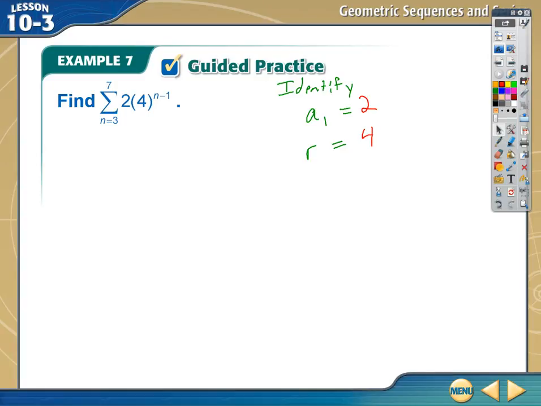Bada bing. Did you get the answer? Again, not difficult. Just need to remember what it looks like. Where's my explicit formula? You know, where's my first term? Where's my rate? Excuse me, ratio. I keep saying rate. All right, there's my common ratio. All right, so next